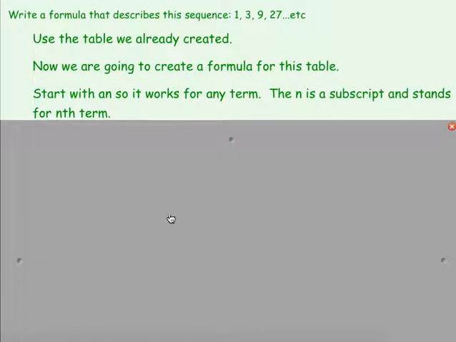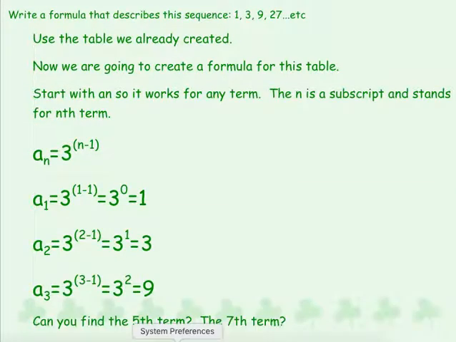Okay, and then geometric sequences. So I told you that we have a general formula for this. And like I told you earlier, the formula for this is 3 to the n minus 1. This works because if we plug in the term value, a sub 1, we get 3 to the 1 minus 1, which is 3 to the 0, so it's just 1, and that's exactly what I get for my first